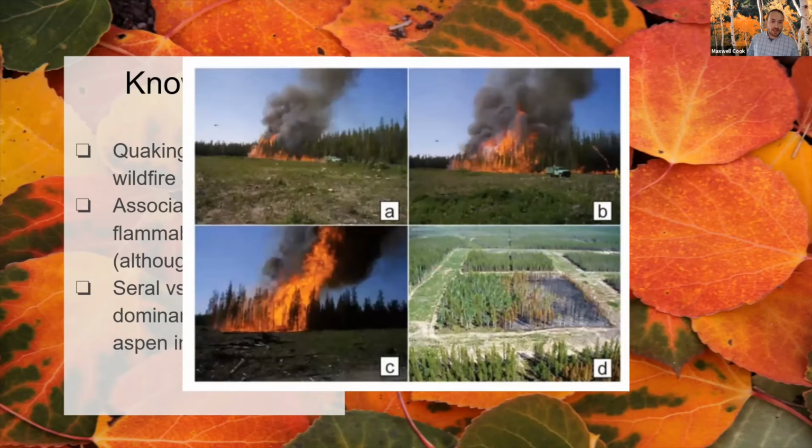So this is an image of that experimental plot that I mentioned. And so what we can see is that these plots were developed and set on fire. And in the bottom right-hand corner, what we see is the fire burned through that right side of the plot, which is all conifer, the left side is all aspen. So the fire burned as a high intensity crown fire and then hit the aspen forest and essentially went out.